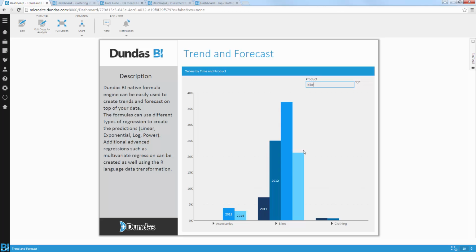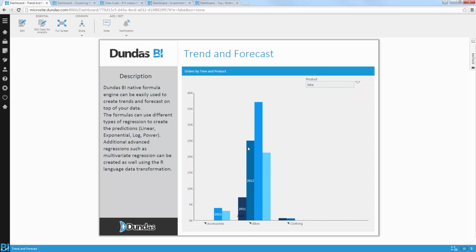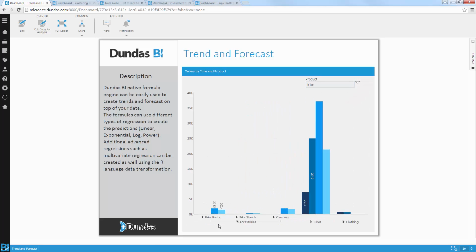So for example, here, even though I have products across accessories, bikes, and clothing, I can expand a specific category like the accessories, and I'll notice that there are some subcategories in those categories that represent products which are related to my bikes. In this case, the bike racks, the bike stands, and I'm sure that under cleaners, there'll be more and more products related to bikes as well. So that's great. I can now filter information across different levels without having to go in and check each one of the products I actually want to look at, which are related to a certain topic.